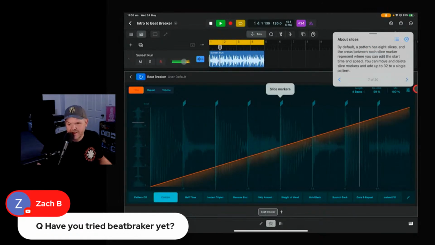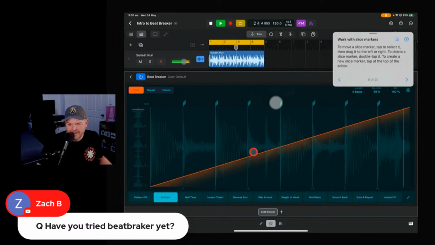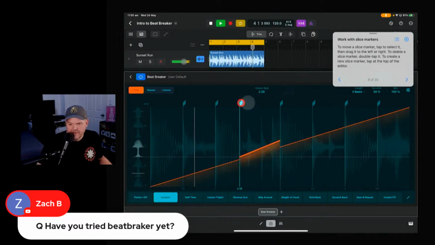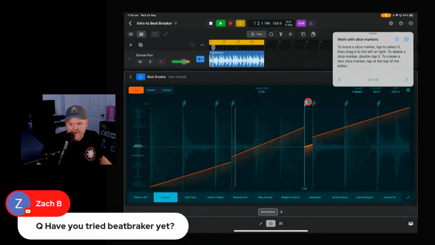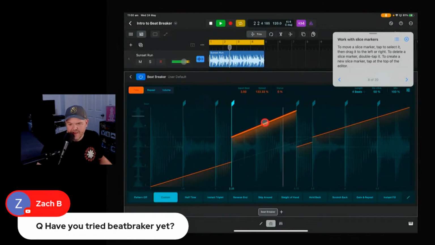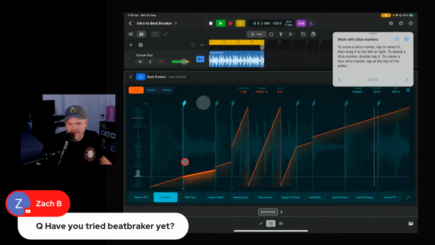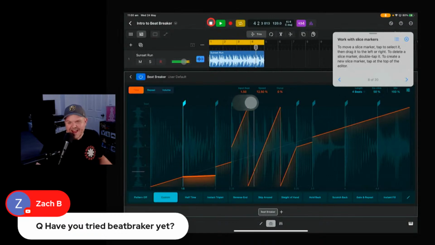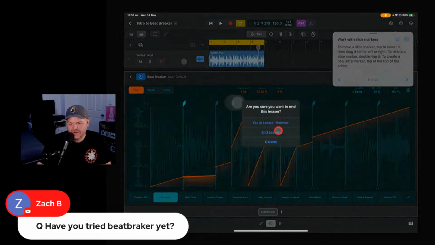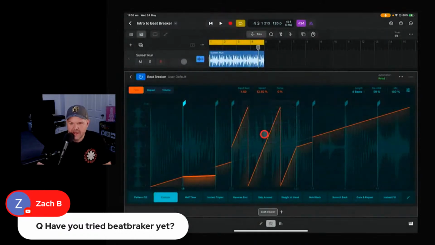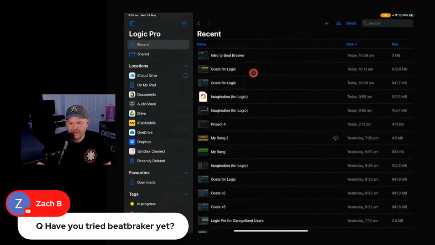About the slices, so yes, you can tap the pattern name custom, so you can customize your slices here. And I won't do the whole thing here, but you can move these to move the slices around in this loop, and then you can actually change up the sounds of when it's played and how it's played by adjusting these and make them repeat and make them do all sorts of funky things. What have we got? Etc. I won't take you through the whole thing, but it's really cool. If you follow those lessons, they really are a cool way to get you up to speed with what Logic Pro is capable of.